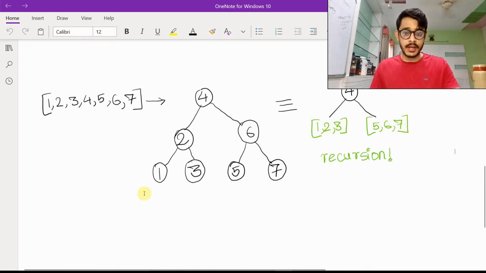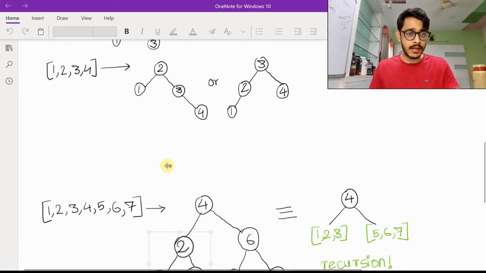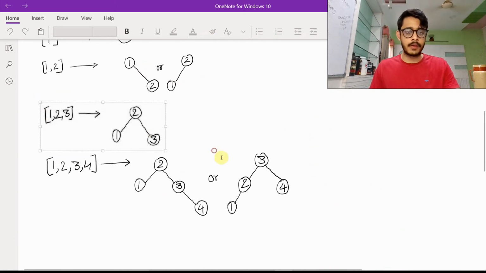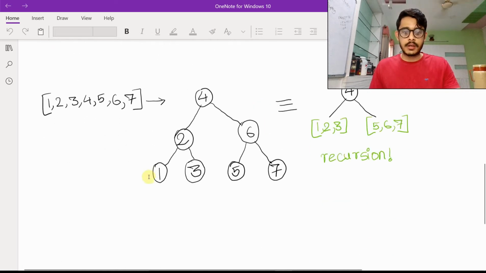Just to show that it works, look at this subtree for example. 1, 2, 3 creates this subtree, and 5, 6, 7 will create this subtree. 1, 2, 3, by the way, is present here as well. Make sense? So this entire thing can be broken down like so, which means that we have a recursion in our hands. These are the two core properties we're going to exploit.